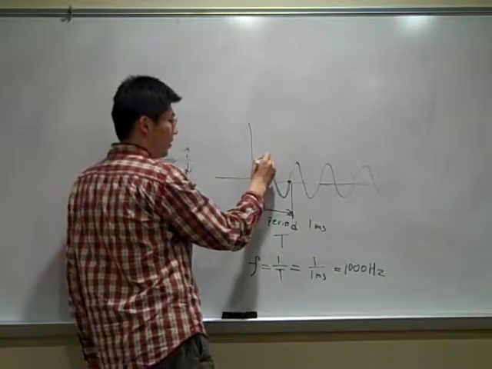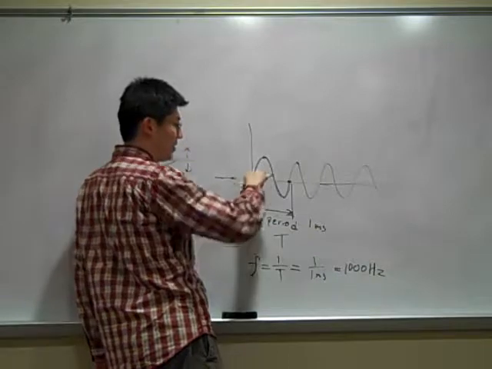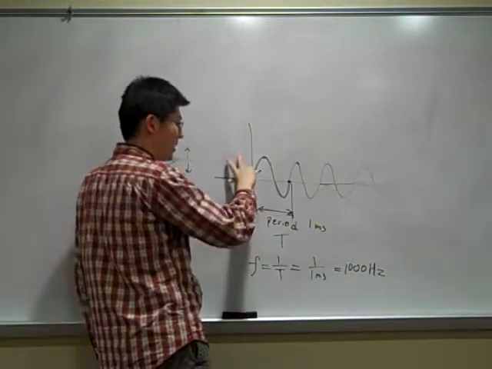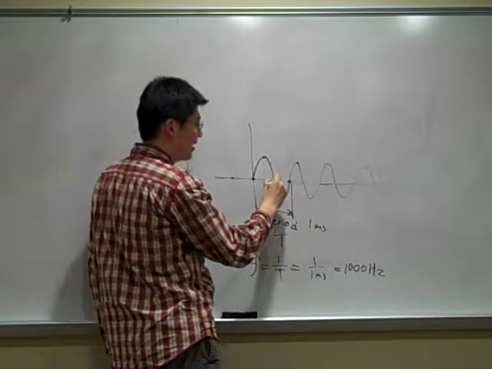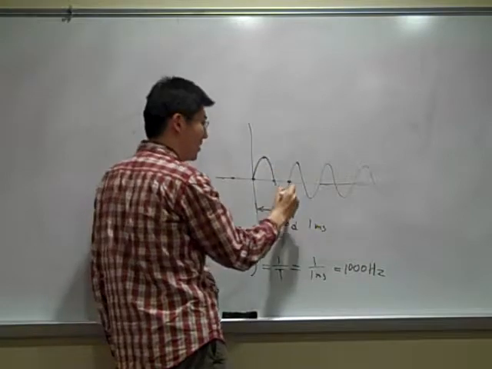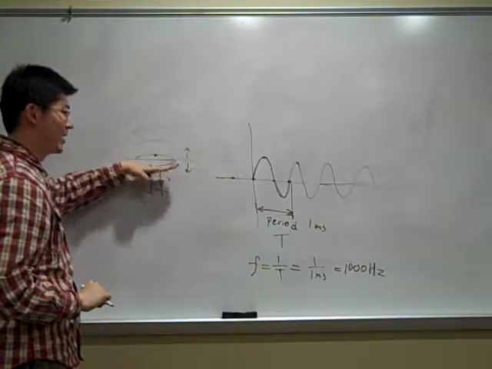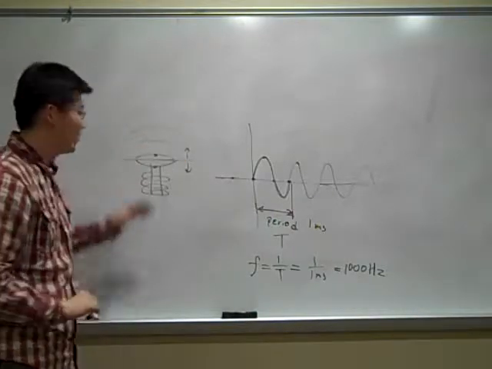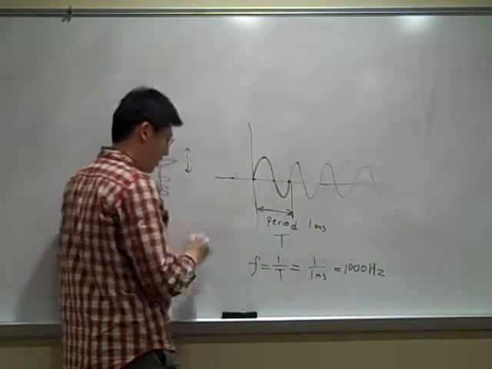The wave always goes up and down, so there's some total distance from the top of the wave to the bottom. But because the wave is symmetric, how much it goes up and how much it goes down, like a speaker bulging or a spring, is the same. So the amplitude is defined as the distance from the equilibrium position